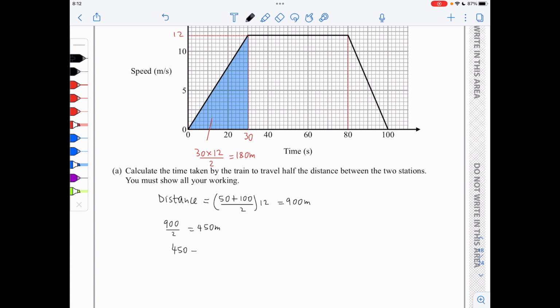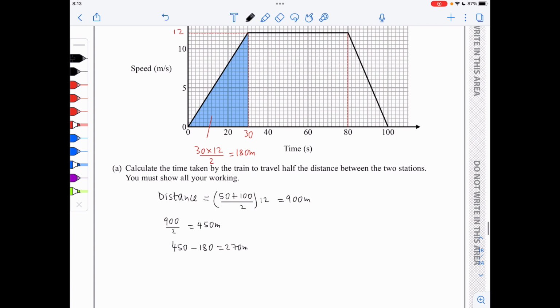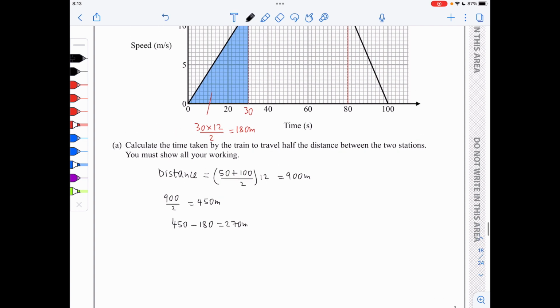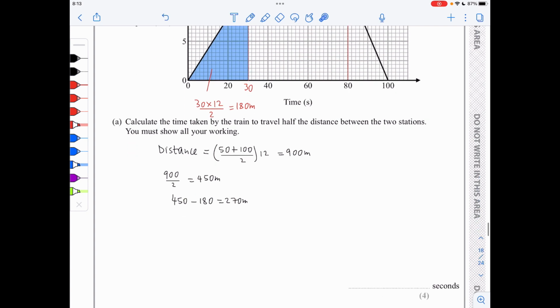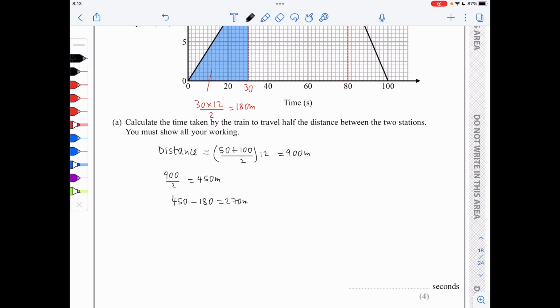So 450 minus 180 is 270 meters. So we need to find the time to cover those 270 meters. Now, during that time, the train was traveling at a constant speed of 12 meters per second. It had to cover a distance of 270 meters. So 270 divided by 12 gives an answer of